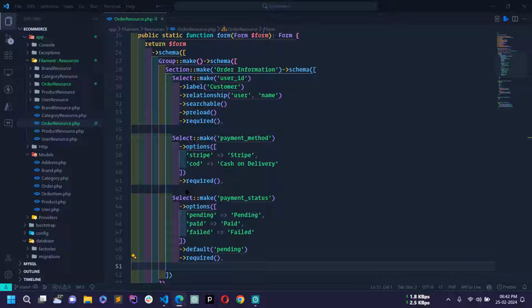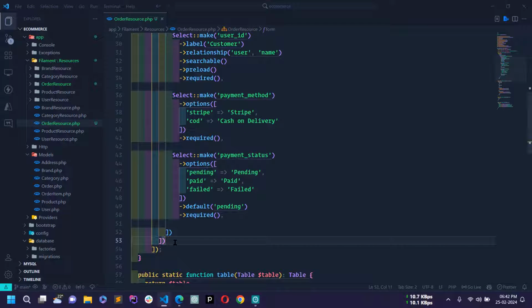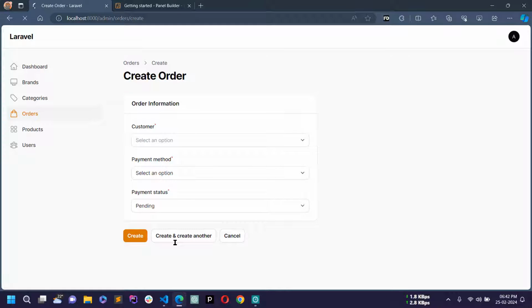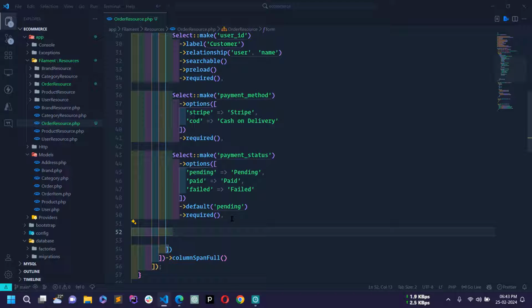Okay, now next let me make this group column span full. Okay, column span full, and okay, now you can see the column is expanded. Okay, let me check. Yes, okay, now just below this payment status I will design the order status field. So for this I will use toggle buttons,